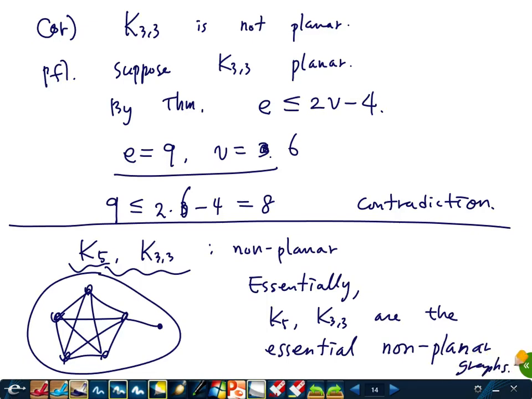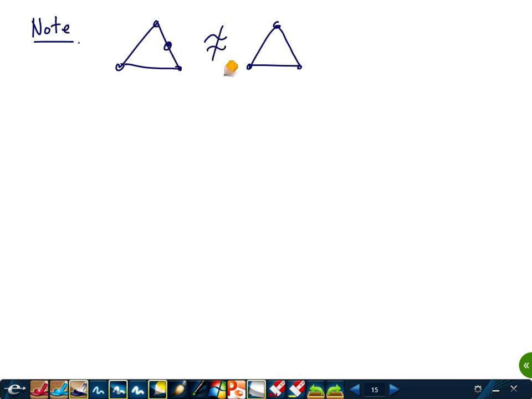Other graphs are just graphs obtained from these by adding more things there. But we have to define this precisely. So let me give you a quick note. Suppose that this graph and this graph are different. They're not even isomorphic, right? They are not isomorphic because they have different numbers of vertices. They cannot be isomorphic. But